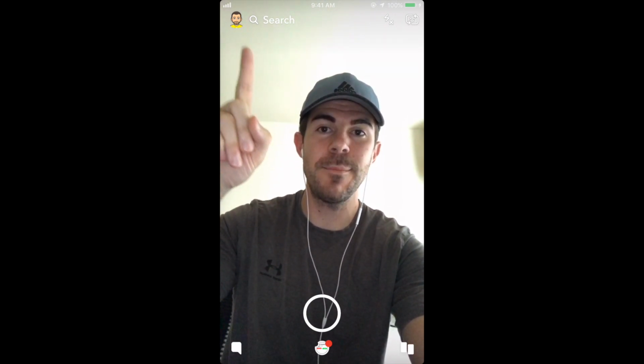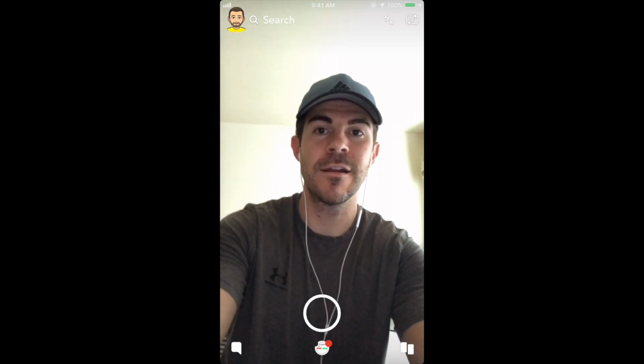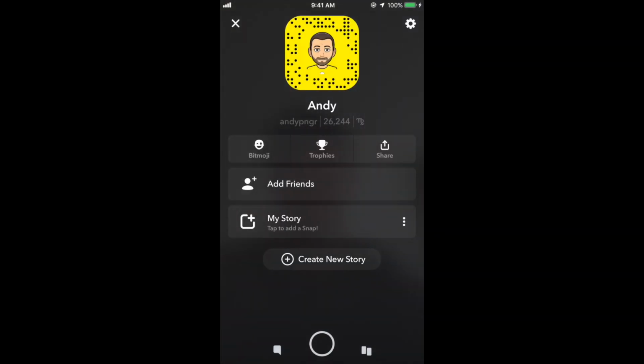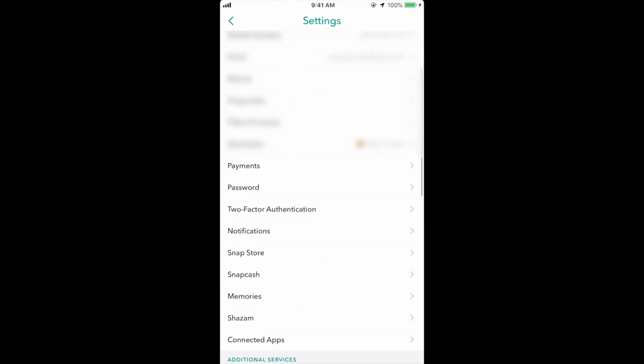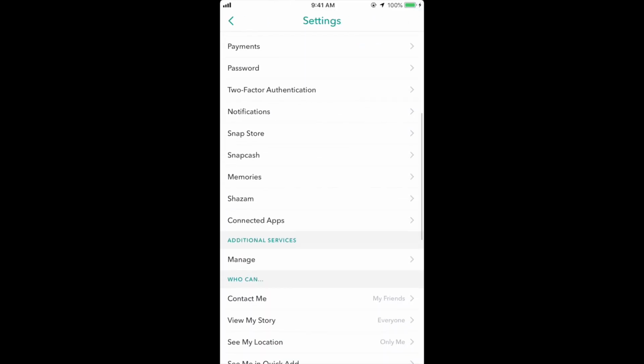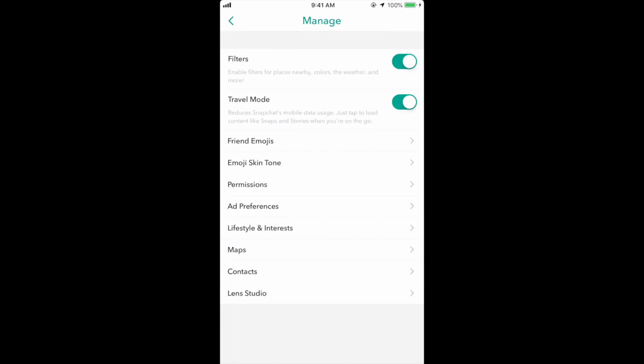First, you want to tap on this icon right here, and then in the top right corner you want to tap on the settings icon, and then scroll down a little bit until you see additional services, and then tap the manage button. Then they've added a lot of nice things here that you can change, your settings and preferences and things like that. I'll be getting into some of this in future videos, but for right now we want to tap